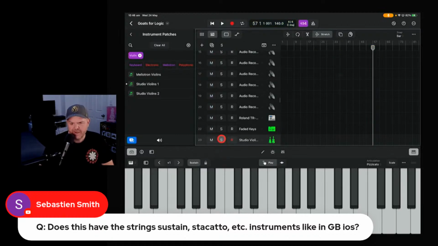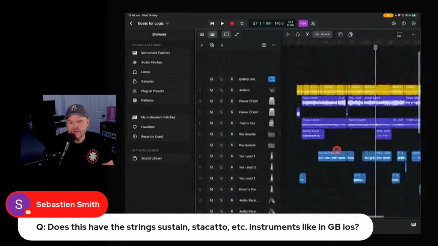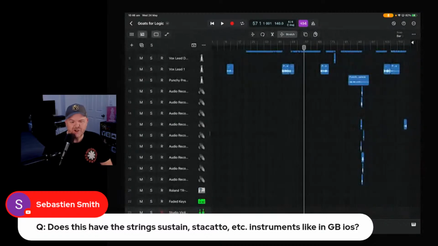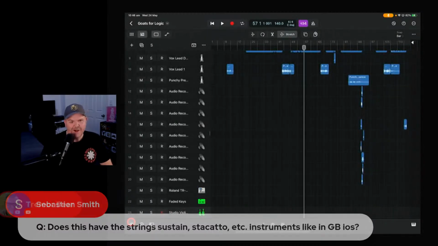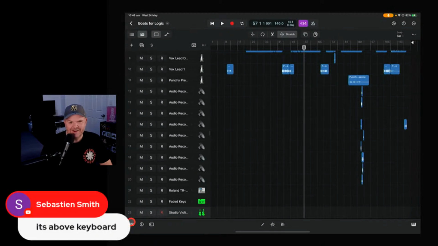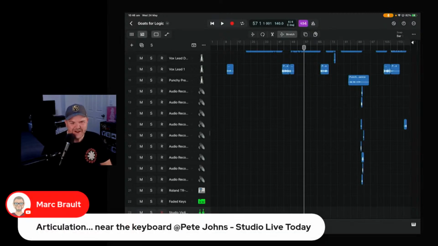So yeah, heap of cool options there in the studio strings, which I haven't even scratched the surface of. So go and play with those. It looks like you're going to have a heap more options in there. And that's what I was saying before. Someone who's used Logic Pro and the studio strings in there are going to know a lot more about that. Yep, you found it. You spotted it before I did. Good job. Yep, you all had it. You're all screaming at your screens, telling John it's there.